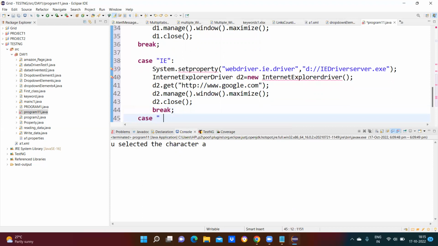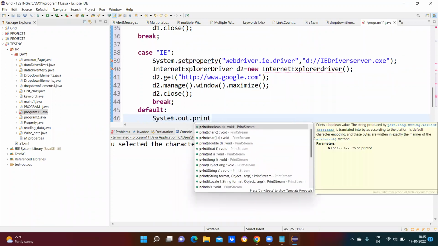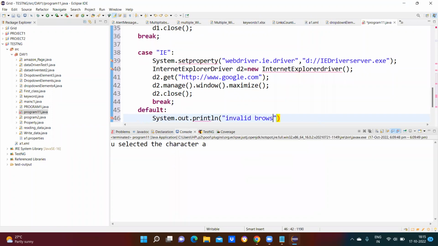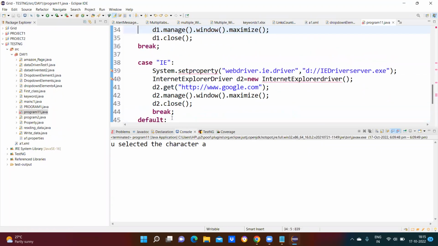Next case, something like others. Okay, I'll do the case default, right? Default: System.out.println("invalid browser"). Okay, madam, got it? Invalid browser. Change to set proper